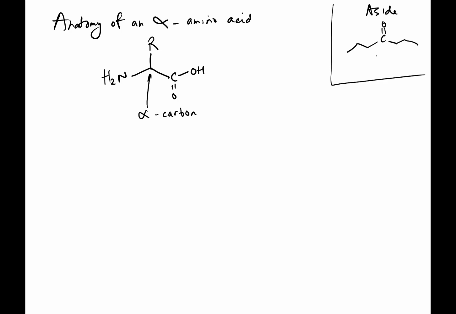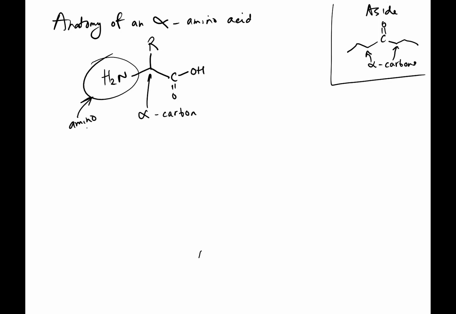Anytime you have a carbonyl, the carbon right next to the carbonyl, or carbons, there are two of them here, are referred to as alpha carbons. So take a look. We have our carboxylic acid, but more specifically, there's the carbonyl, and the carbon right next door is the alpha carbon. So that's where the alpha in alpha amino acid comes from,